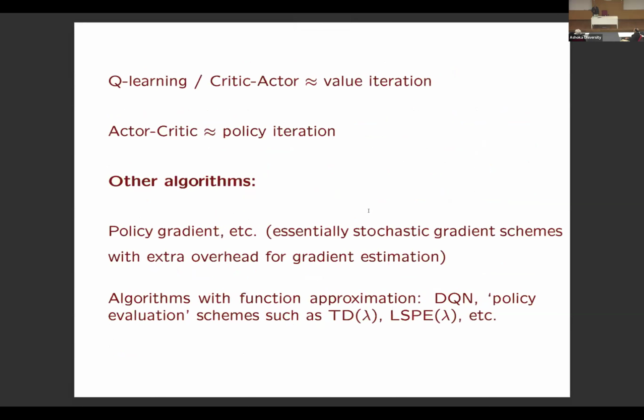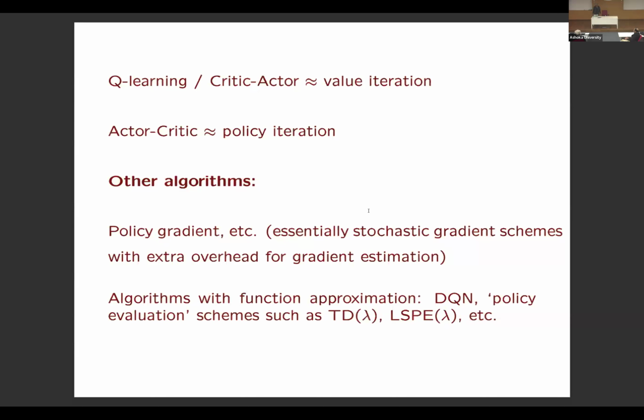So Q-learning is inspired by value iteration. Actor-critic is inspired by policy iteration. There's also critic-actor, where you interchange the time scales; that will mimic value iteration. It's also policy gradient, so this is basically stochastic gradient. Policy gradient means you are doing gradient descent to minimize beta. But then the gradient of beta needs computation. It's not explicitly known, so you run some other algorithm to estimate that,